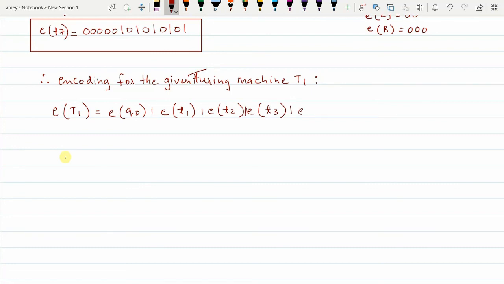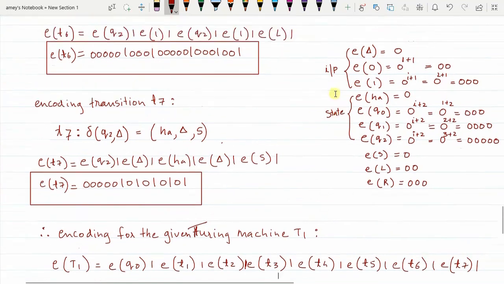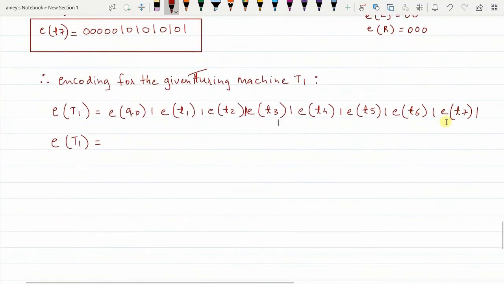Then encoding of T4, encoding of T5, encoding of T6, encoding of T7 separate with 1. So each term separate with 1. So finally encoding of the given Turing machine T1 is, first we'll find out what is encoding of Q0. As you can see here, encoding of Q0 gives you 3 zeros